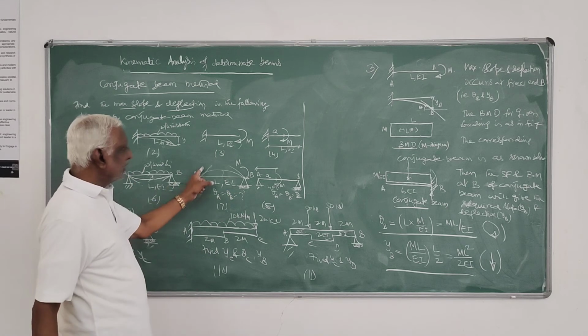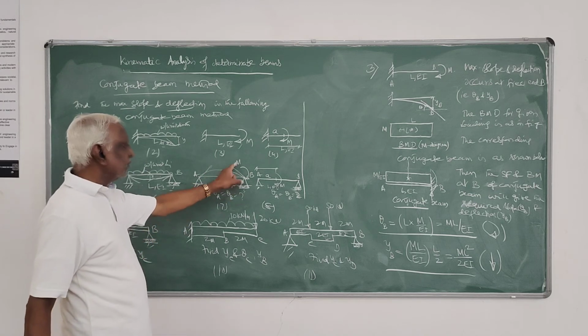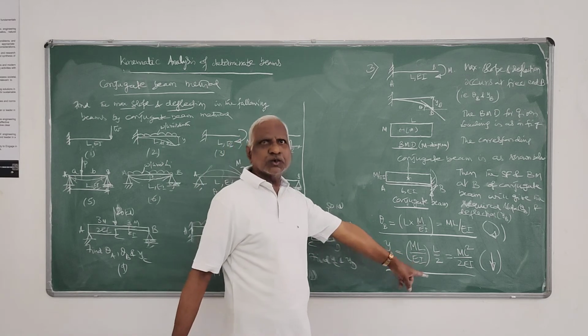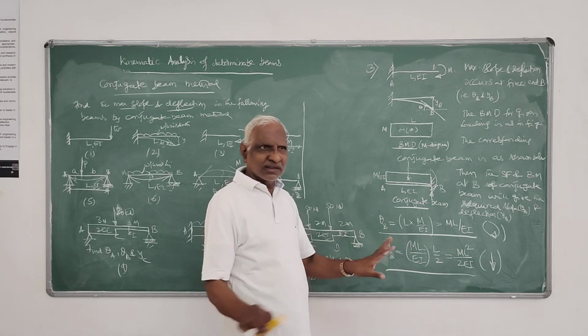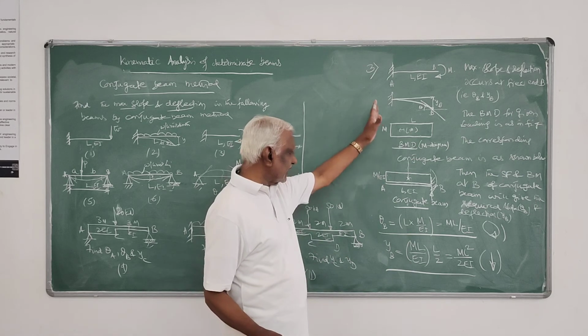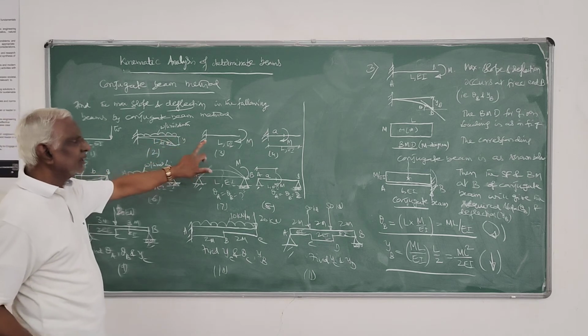Here it is down, here it is up. I have taken clockwise movement. Yes, up. So here it will be clockwise, that you have to say. So that direction at the end, you show it. So these are the steps you have to follow in the conjugate beam. It's a very simple process. Likewise, these two you can finish.